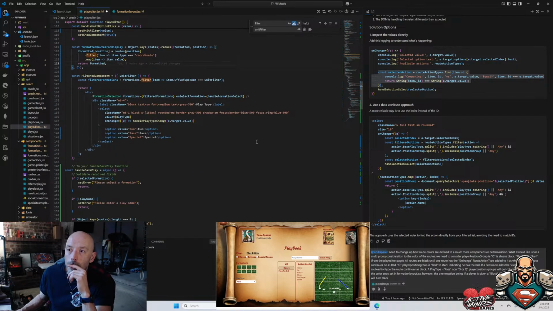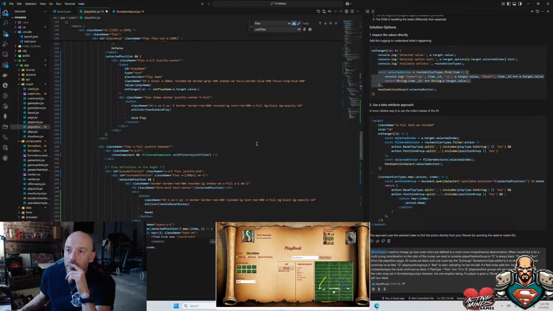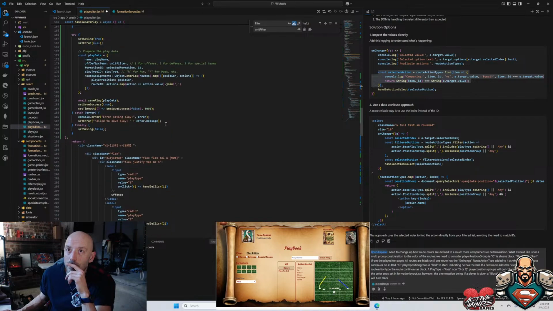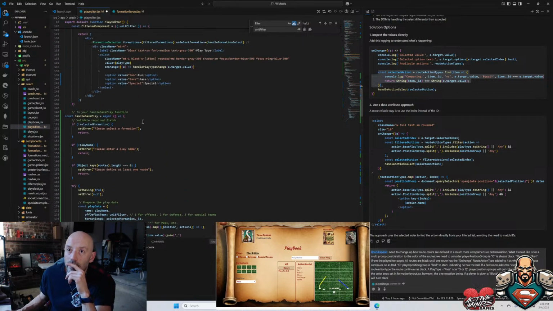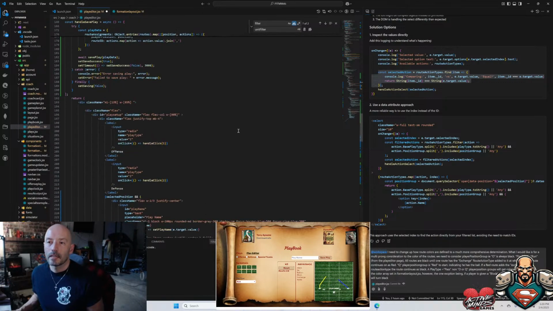Because I'm not sure I hit this one right. Because filtered component. Filtered component. Oh, okay. I think filtered component is up here. Yeah. Oh, it is unit filter. Okay, I think we might be all right. Let's hope I didn't break anything too bad. That would be good. And then we're going to call this